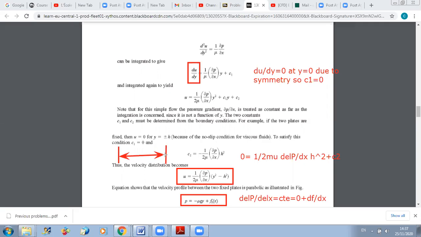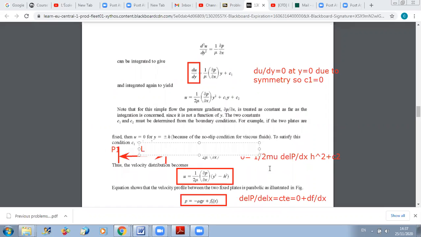If they don't give you anything, no problem. You can just express function of del P by del X. You say that del P by del X is a constant and you find f function of it. But if they give you, for example, that I have P1 here and P2 here, and the distance between them is L, you can say that